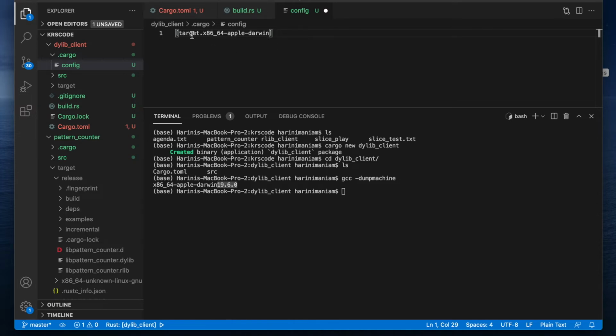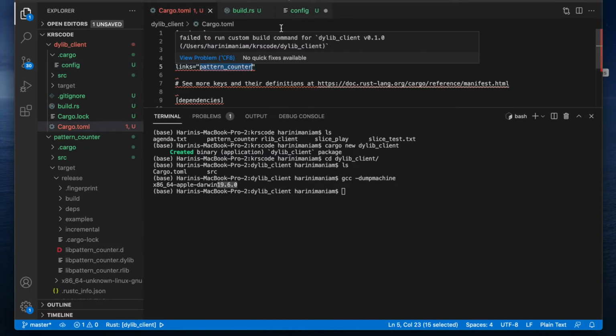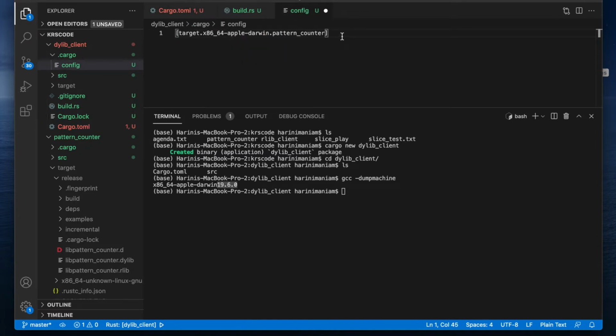And if the target is x86_64 Apple Darwin, and if it is pattern counter, that is, now if the cargo.toml URL is the pattern counter, and we are giving where to find the pattern counter for this target x86_64. So where it is, we have to tell that using a parameter called rustc-link-search. So you go to this particular place and find and